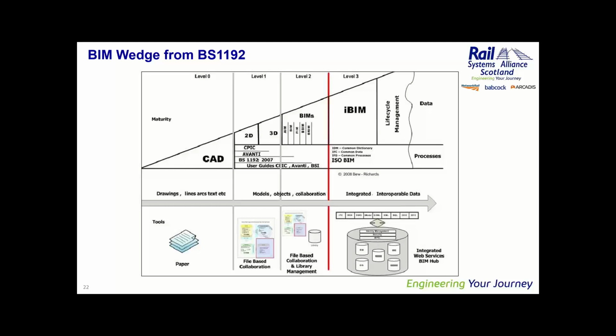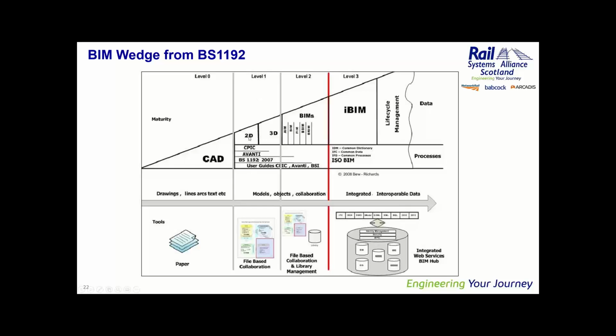So this diagram shows what were termed the levels: level 0, level 1, level 2, and you've probably heard the term BIM level 2. What this tries to describe is that at level 0, BIM maturity was low, and we might have worked in a CAD environment where we had drawings which contained vector data, lines, arcs, text, etc. And we worked in a paper environment. That's pretty much what level 0 was.